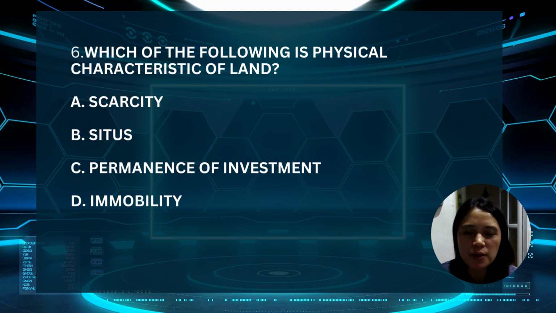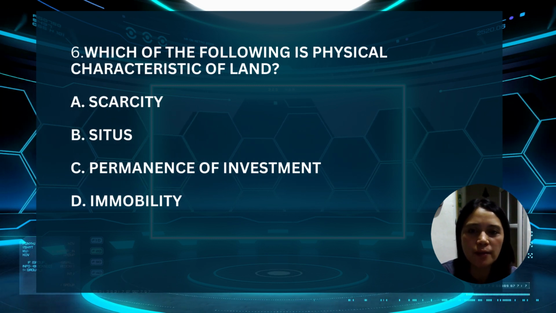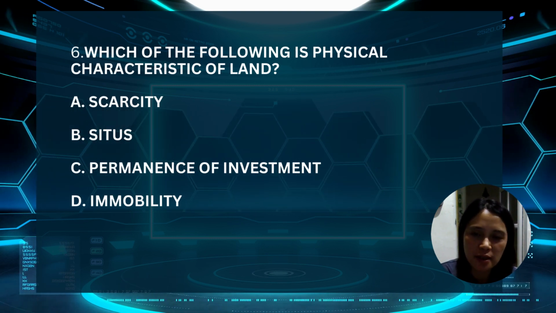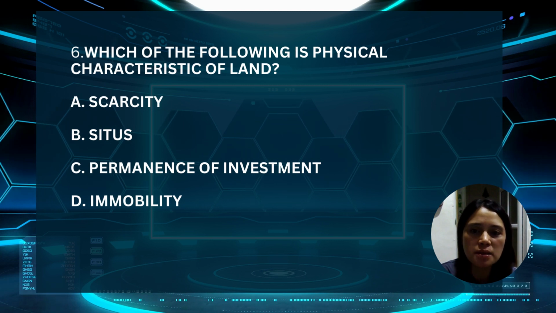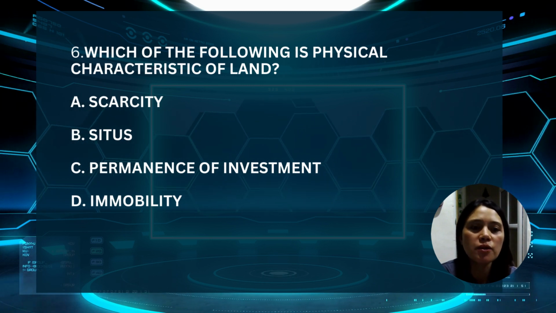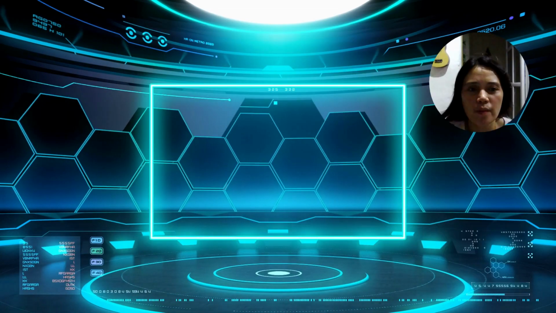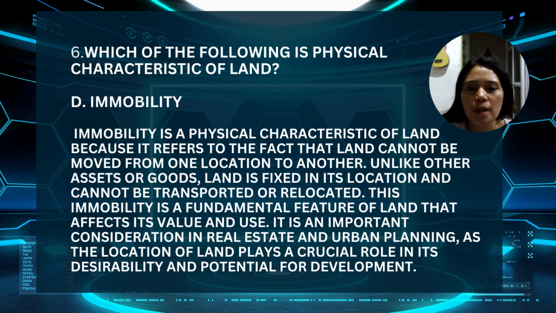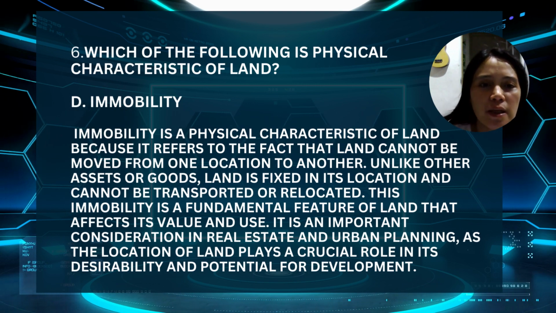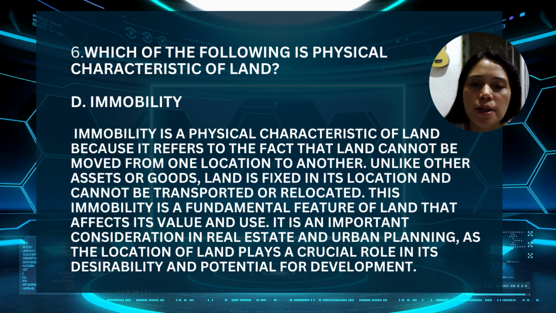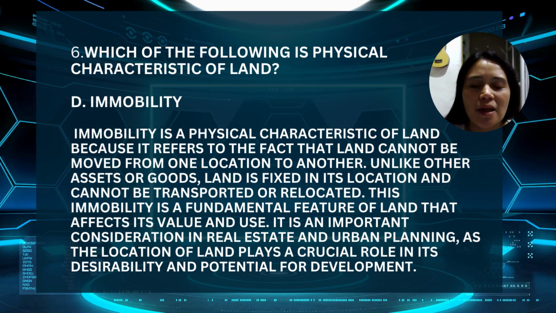Which of the following is a physical characteristic of land? A. Scarcity. B. Sites. C. Permanence of investment. D. Immobility. D. Immobility. Immobility is a physical characteristic of land because it refers to the fact that land cannot be moved